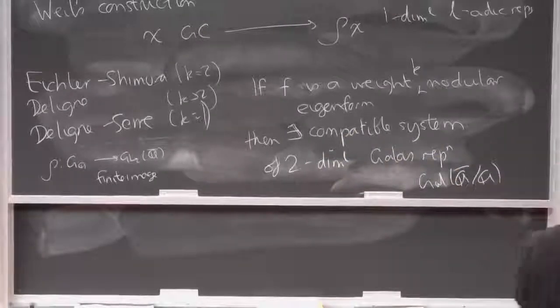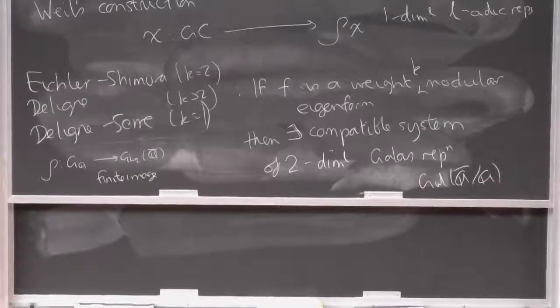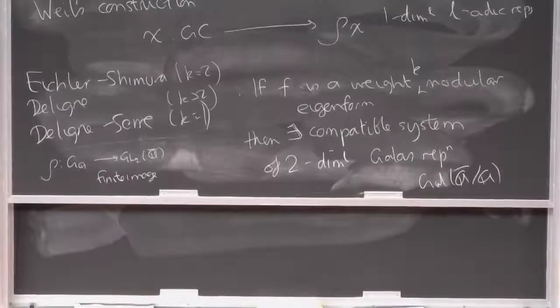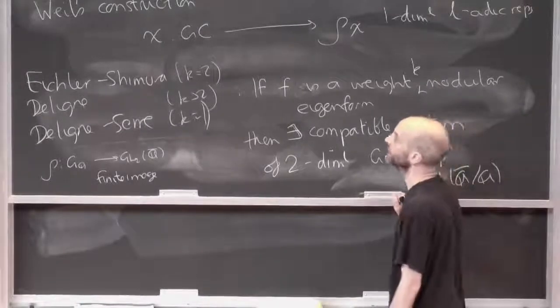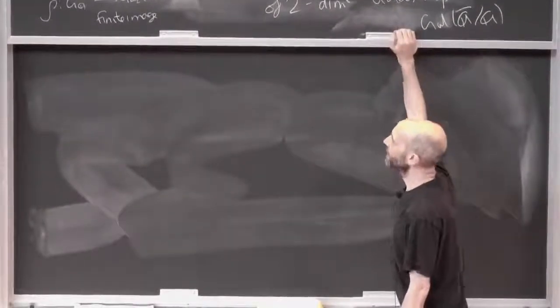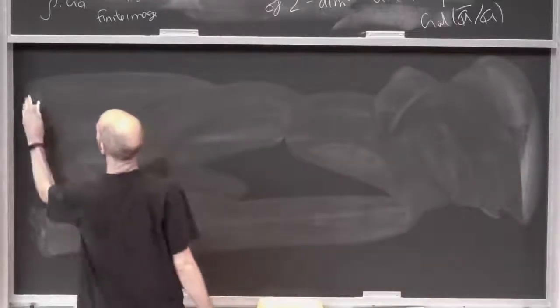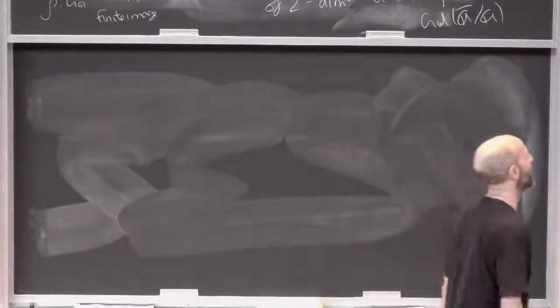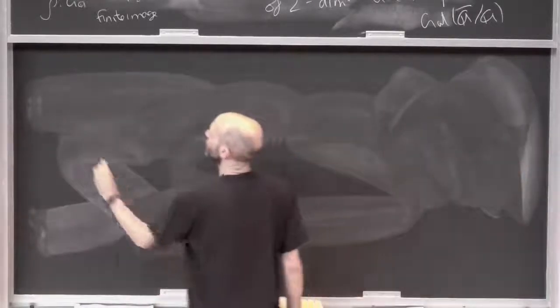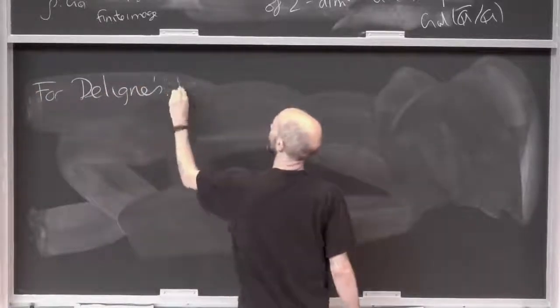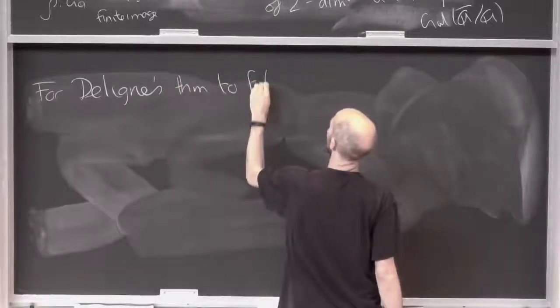So what do we conclude? As I say, Deligne introduced in some sense the key ideas, because he said, we're going to prove this using cohomology of Shimura varieties. And that's exactly what he did. He used étale cohomology of modular curves. And what we can conclude from this is that it looks like a modular form should be an automorphic representation for GL2 over Q, right? So if all this is supposed to be some kind of coherent picture, then for Deligne's theorem to fit into this coherent picture,